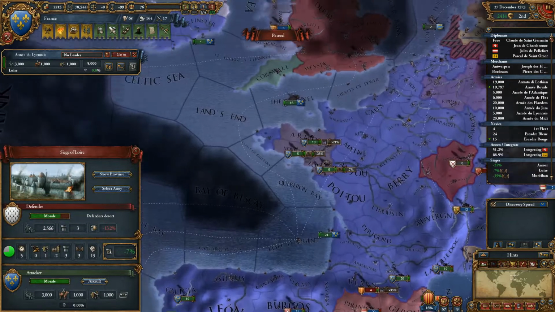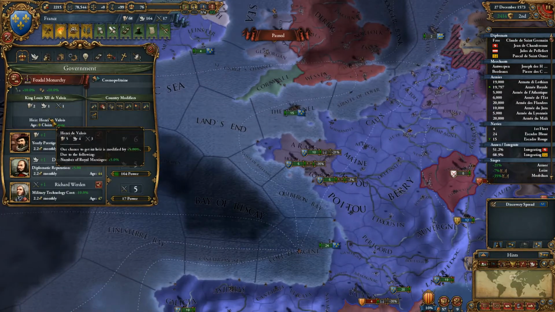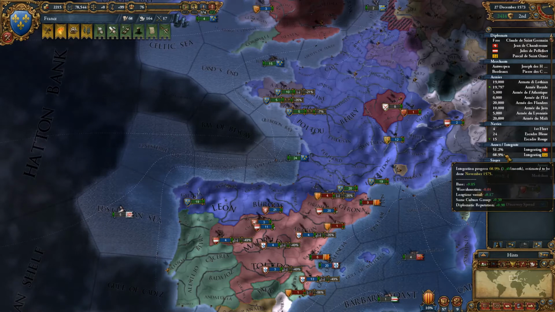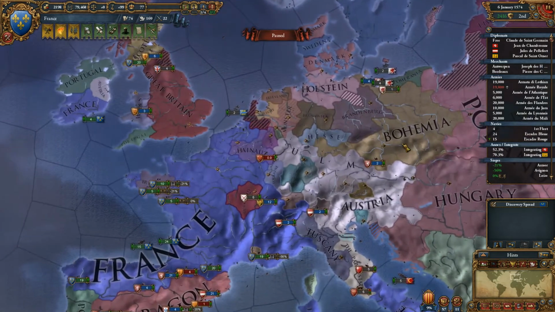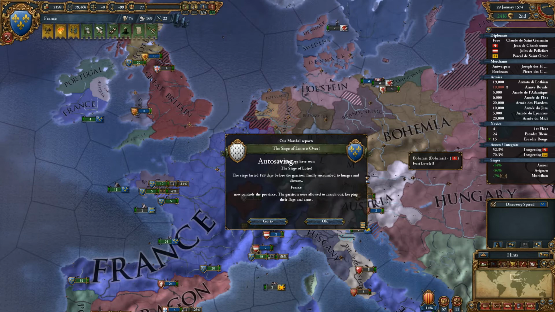Just got a new heir to the throne. Let's see, who is he? He's Henri de Valois. He's actually pretty good, so I'm happy with him, I guess I should say. Integration is going a little bit slowly now, but still we're closing in on getting them both. And when we get them both, we'll have a lot of lands that we can use to pressure with, and